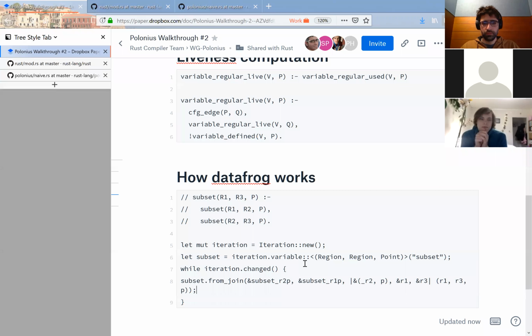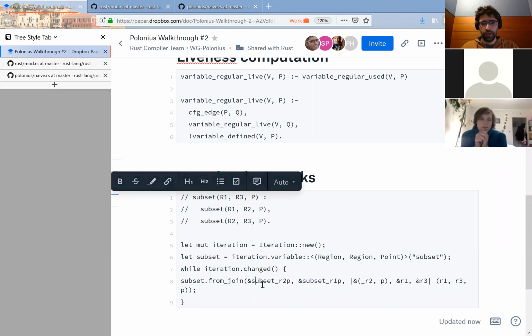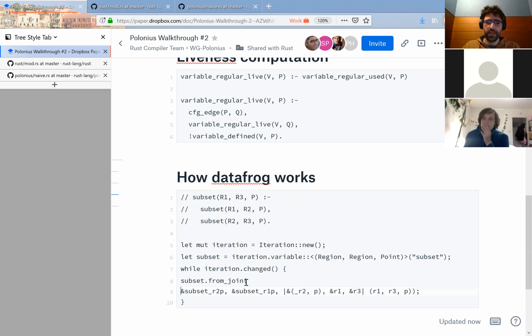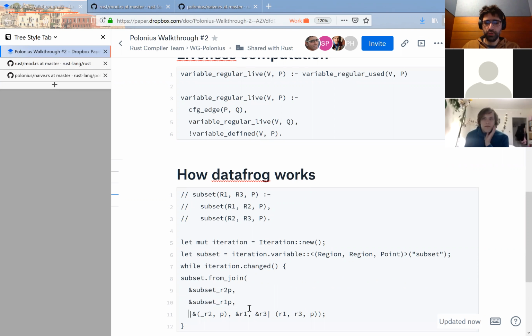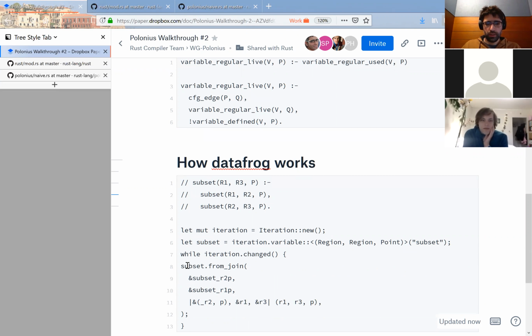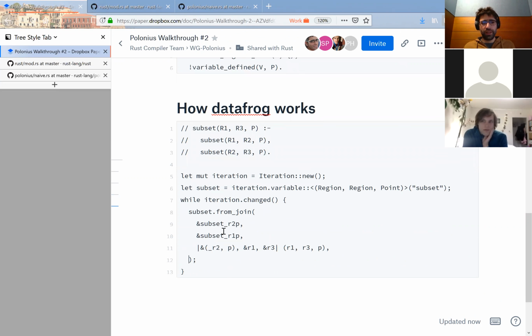And this corresponds to this rule, right? And what this from join does is it says add into the current value of subset any new tuples that you get by joining, in the database sense, these two other variables. We'll come to those variables in a second. So joining meaning take the set of tuples from one and the set from the other and see